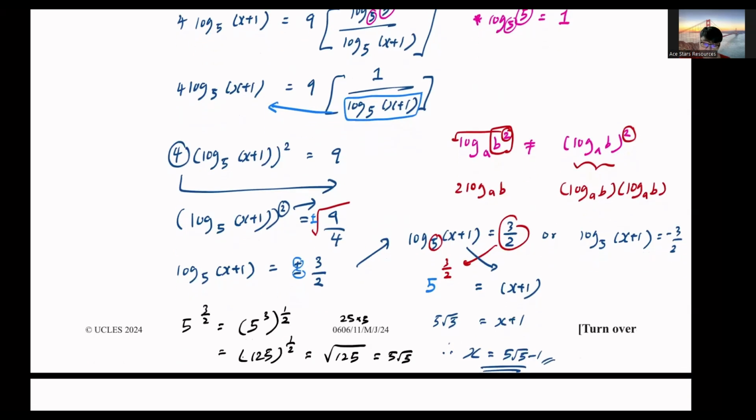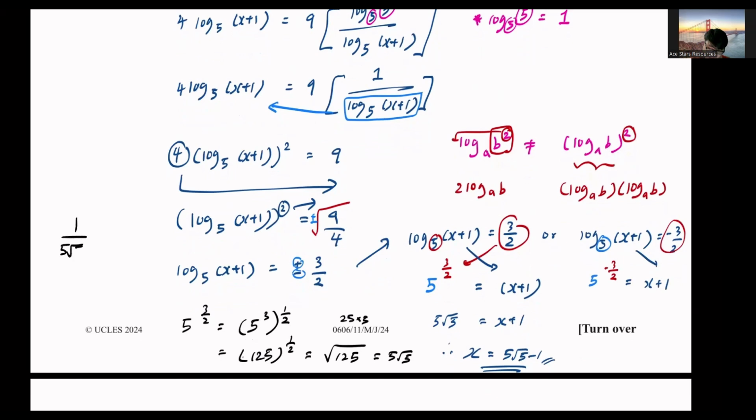So again, we use the same method. 5 to the power of minus 3 over 2 equal to x plus 1. Alright, so 5 to the power of negative 3 over 2, that will be 1 over 5 root 5, right? So it's the same thing. Or if you're not sure, just press your calculator. I'm sure that's gonna show. It's 1 over